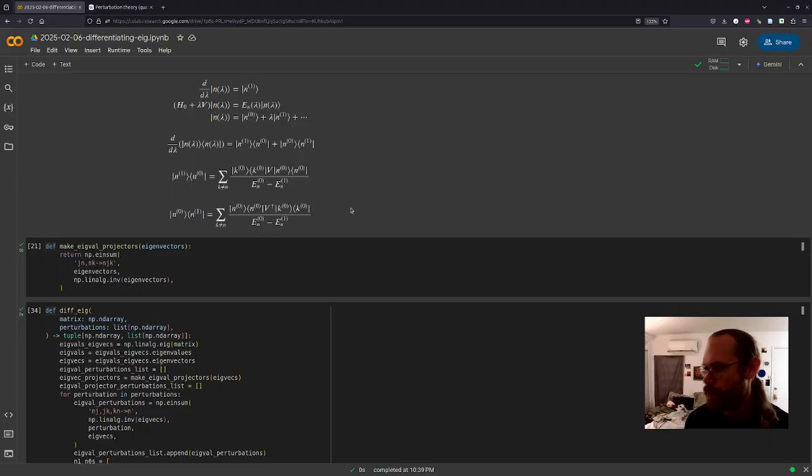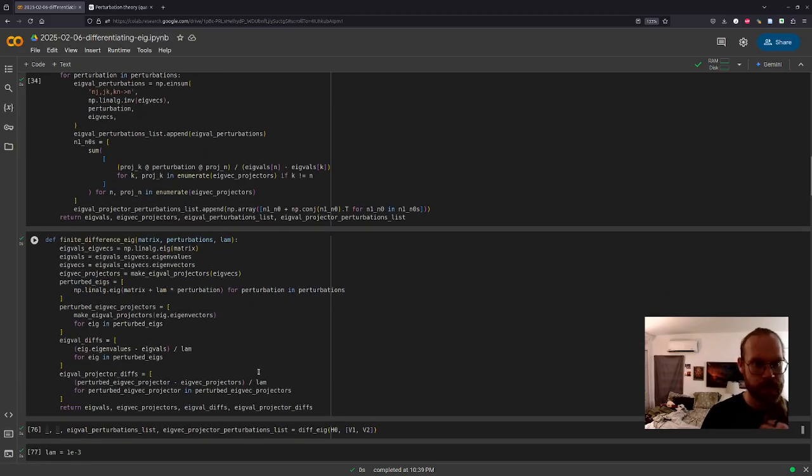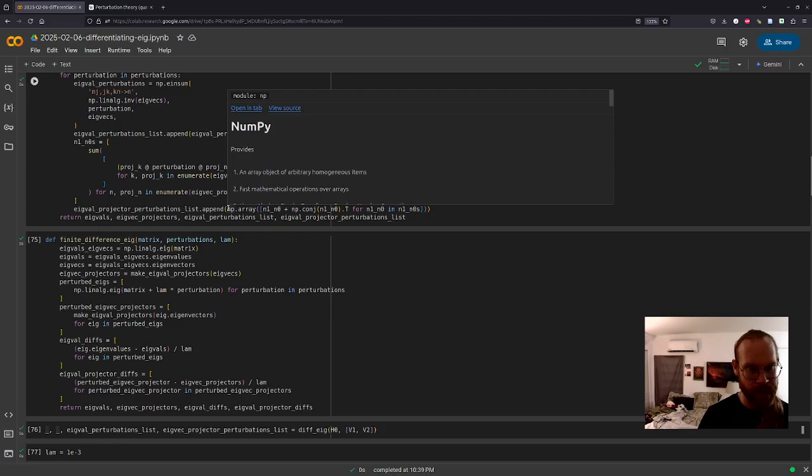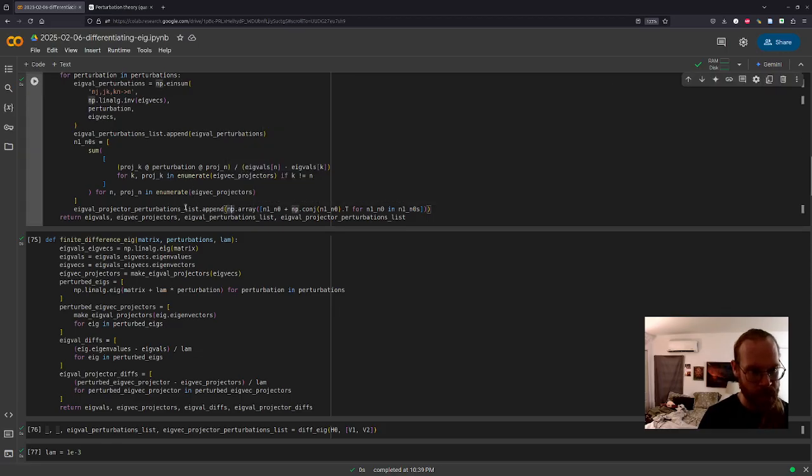You know what? Let's not try and do this fancy bit here at the end where we tried to guess with the conjugate transpose.